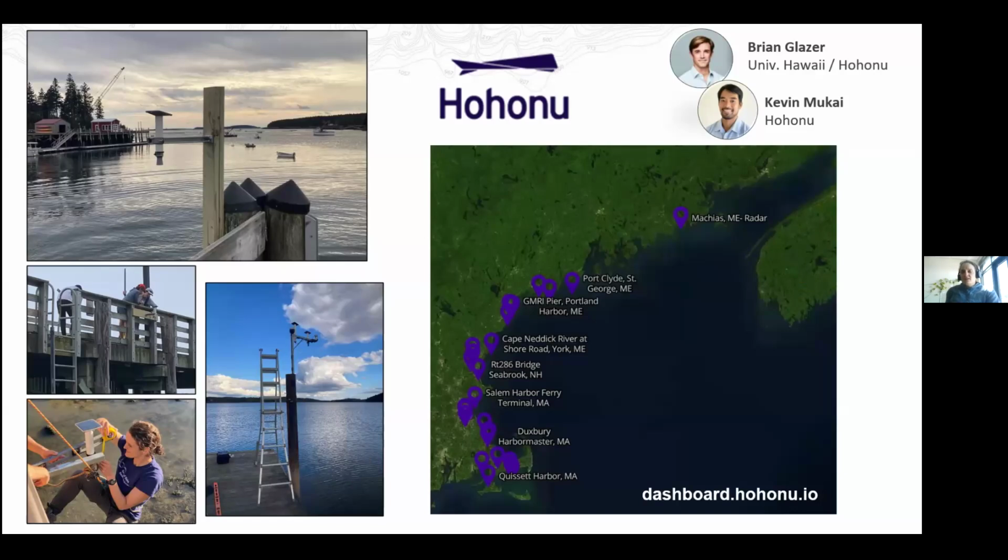So the first thing we did is, because we realized we can expand flood forecasting if we install tide gauges, we partnered with this startup that was launched out of Brian Glazer's lab at the University of Hawaii called Hohonu. They build these low-cost tide gauges that a lot of labs or research projects like this will build themselves. It was great to work with them because they do things like, if the cellular network changes from 3G to LTE, they'll send you a new sensor that has LTE. They handle the data pipeline and storage, which is really great.